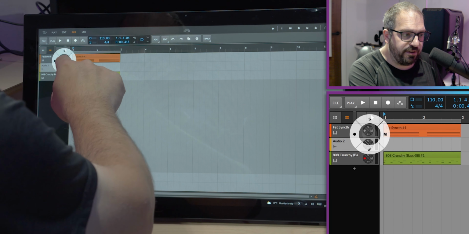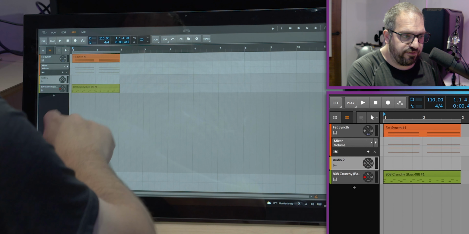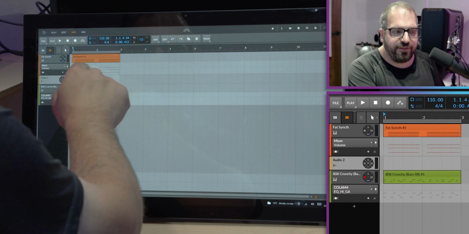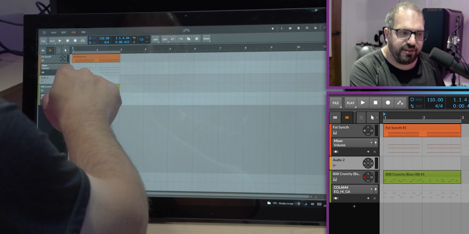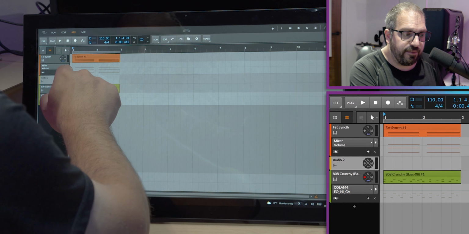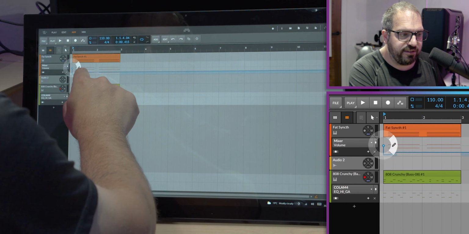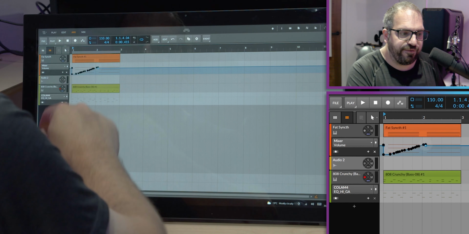If we go to the arrangement window, then we can actually draw in any control of any parameter in either the mixer or the plugins. So if I open up the controller lane on both of them, here I've got the first one mapped to the volume on the mixer. And if I want to change that, I just go to the pencil and I can put a fade in